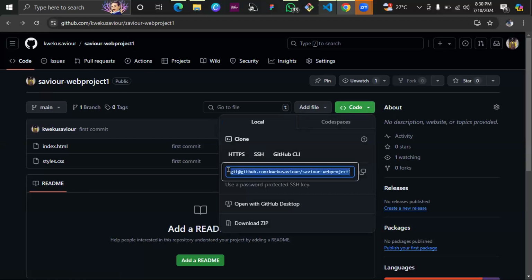Have you set up your SSH? Yes, sir. You remember your passphrase? I didn't do a passphrase. You didn't do it. Yes, sir. So you said in case, I'm just going to press enter. Yes, sir. All right, copy the SSH. Let's try it, whether you did it correctly or not. So copy the SSH. Copied. So go back to your terminal.